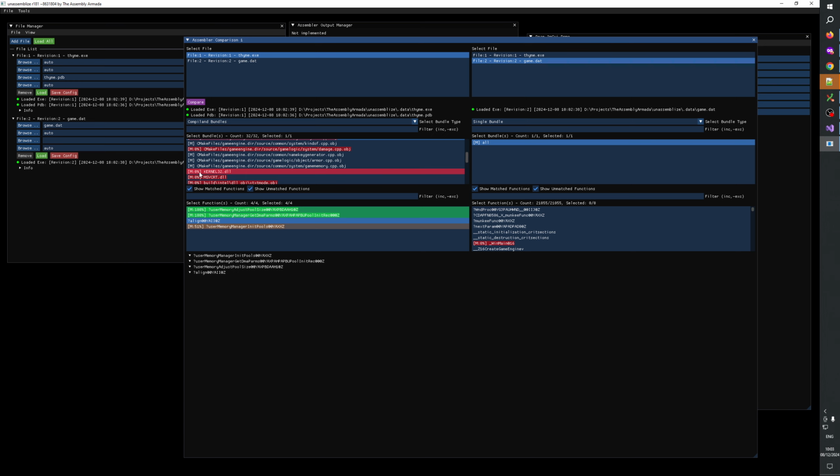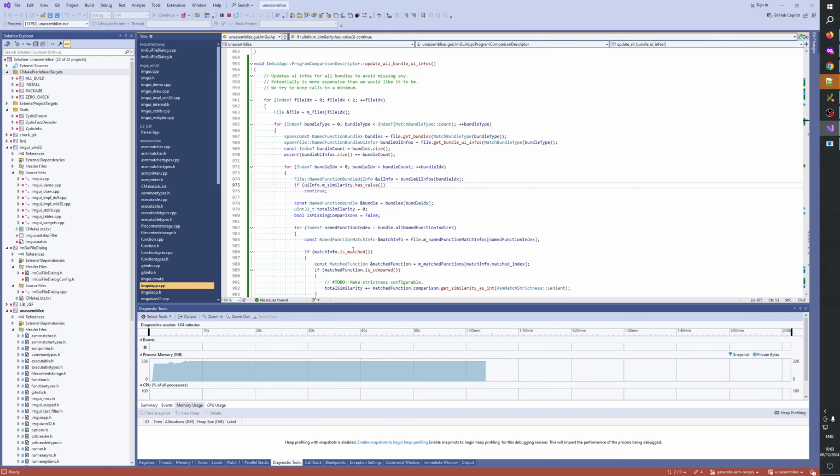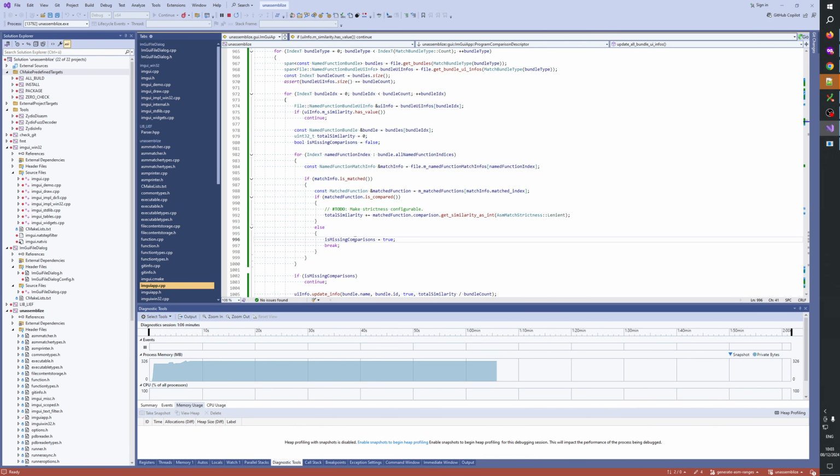Also, I just realized we have another bug here with this here. Since these guys have 0 matched functions, they shouldn't show this. Hold on. So here we have it. Actually, we do need to say is matched, has matched. Yeah, okay. So we do actually need